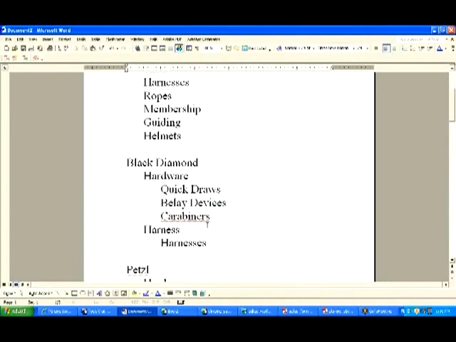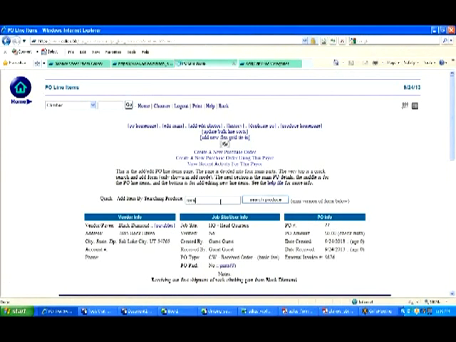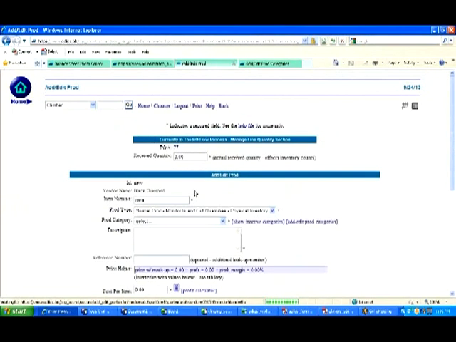So back on our list, we've got carabiners. Add that item number. Black Diamond carabiners. How many do we get of these? Well, we put a few of these guys. 50. 50? Okay, these are just regular carabiners? We'll call them hot wires. So Black Diamond hot wire. We could do